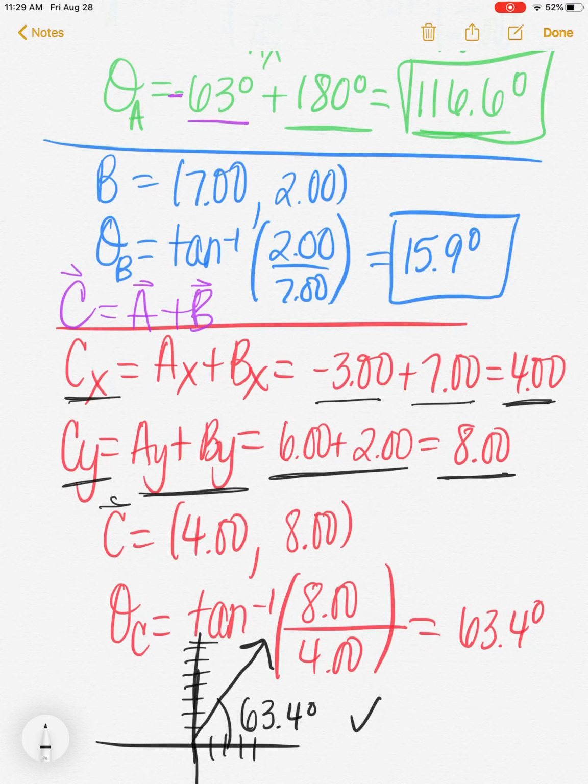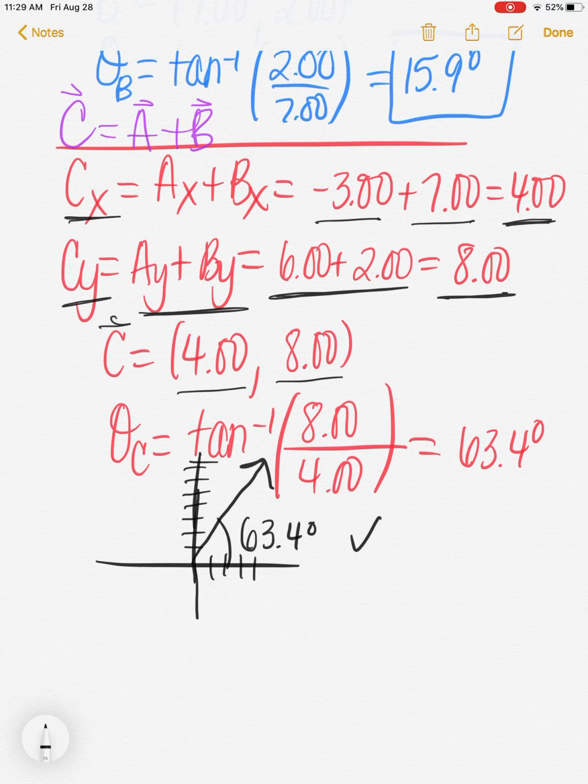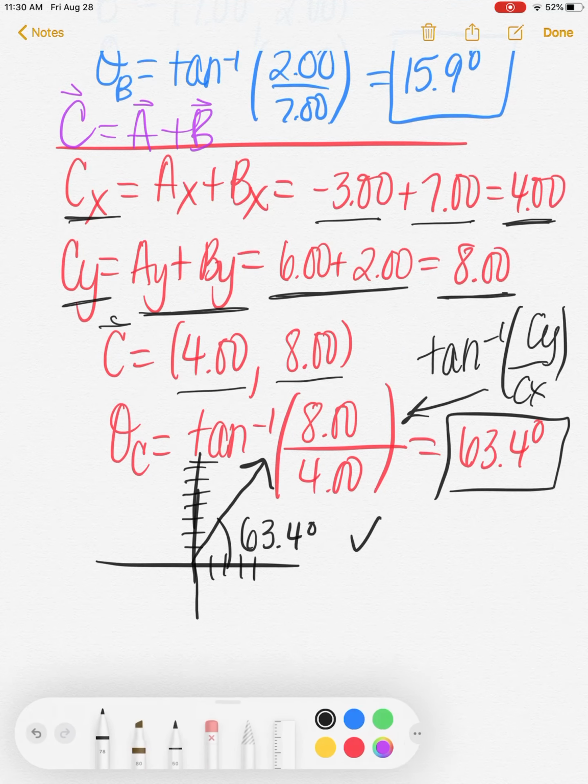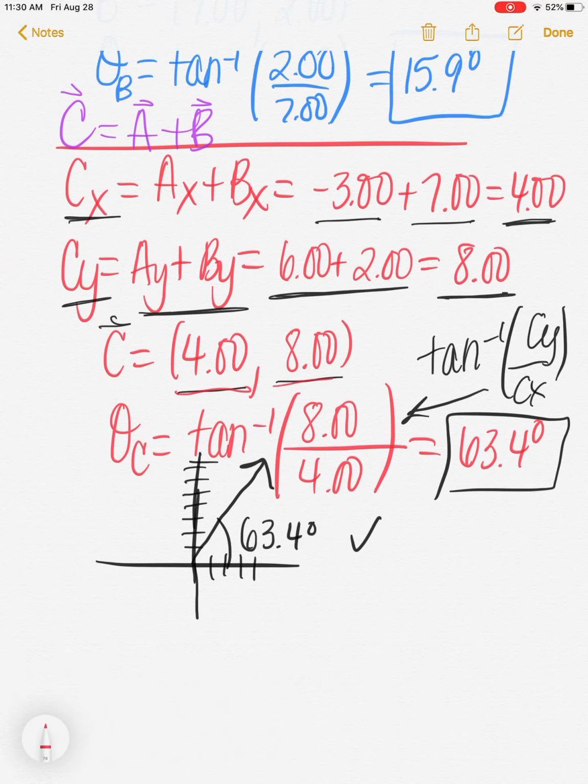So that means my vector C can be described as having an x component of 4 and a y component of 8. I do the exact same thing to find the angle for C by taking the inverse tangent of the y component of C over the x component of C, which is what I have here. That gives me an angle of 63.4 degrees. Now, if you want to check that, you can plot. The point 4, 8 would look like this. It would be in quadrant 1, so that would make sense that you'd have an angle of about 63.4 degrees with respect to the